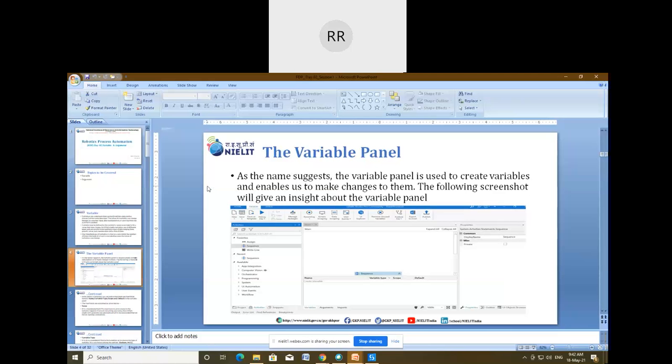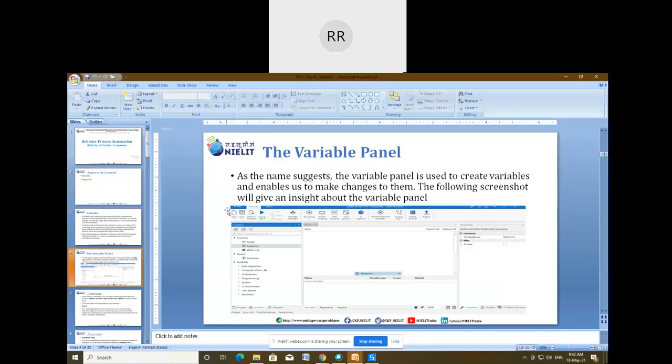And from there we have to provide the name. For the naming of the variable, we also have a certain naming convention, and we'll discuss that naming convention. As per our requirement and application, we have to define the type of variable, whether it is a number variable, or a text variable, or generic, or whatever the type will be. We have to choose that particular type from the drop down list of the variable panel.